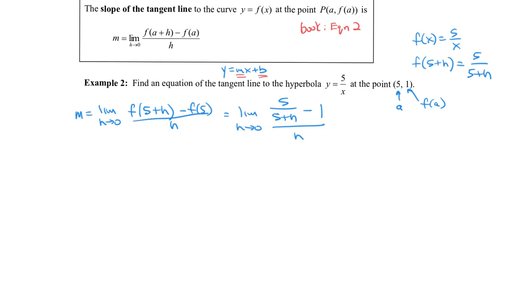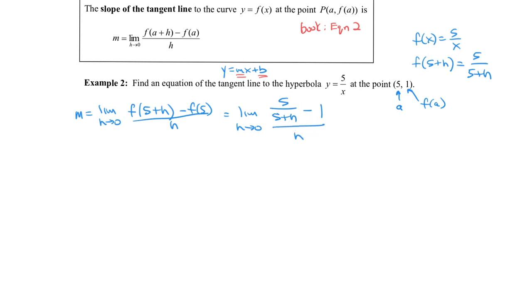So now, if we were going to take the limit at this point and plug in a 0, we're going to get 1 minus 1, which is 0 over 0. So we get 0 over 0. So what we're going to have to do to get out of the 0 over 0 is combine these two. So what I'm going to do is just turn 1 into 5 plus h over 5 plus h, because then